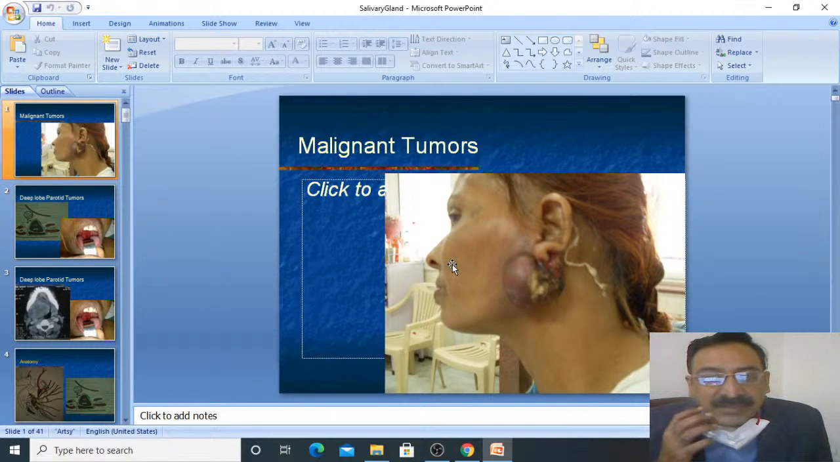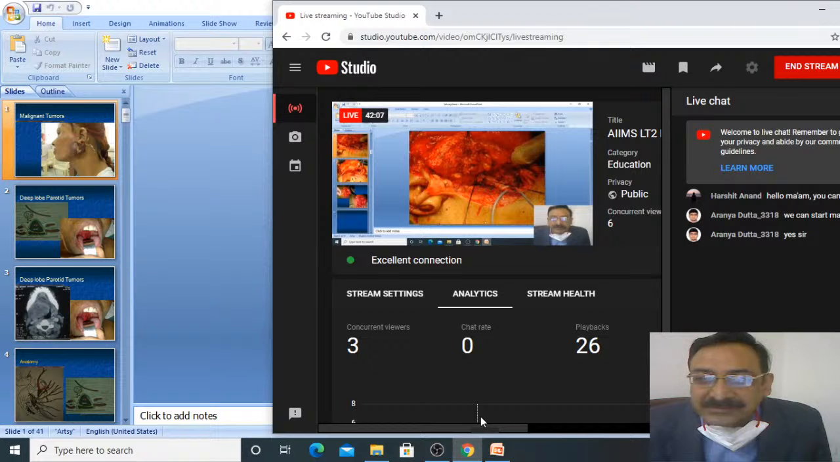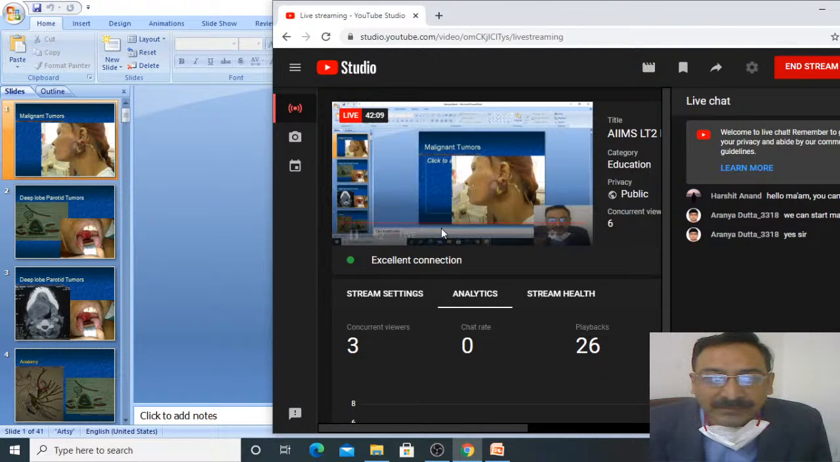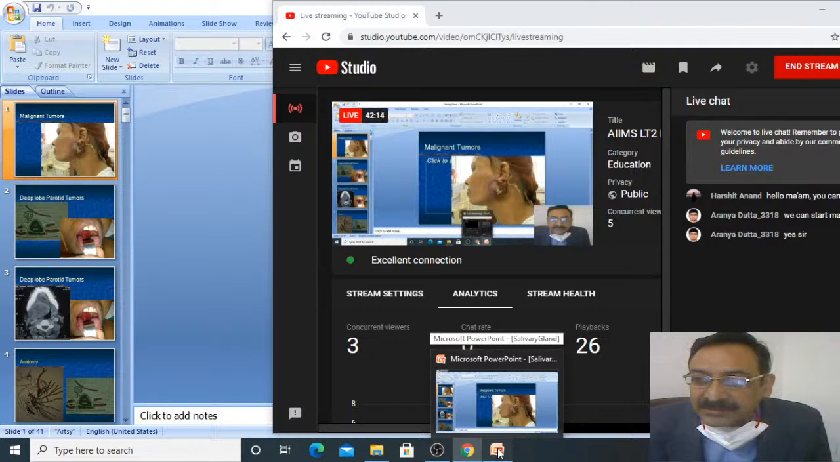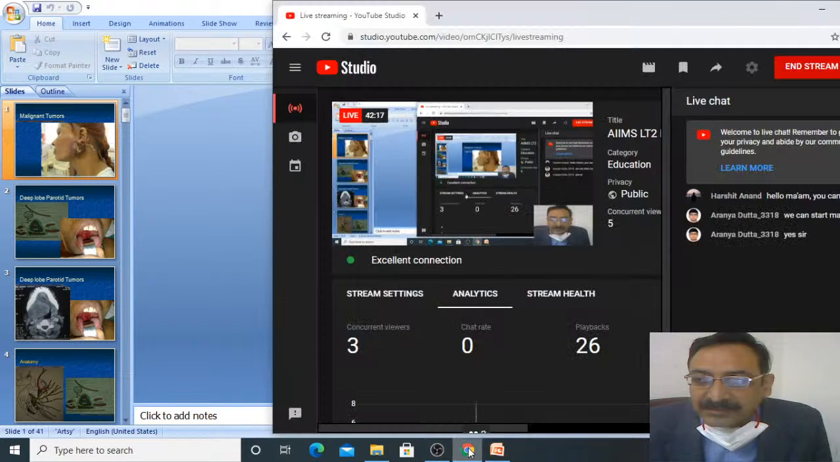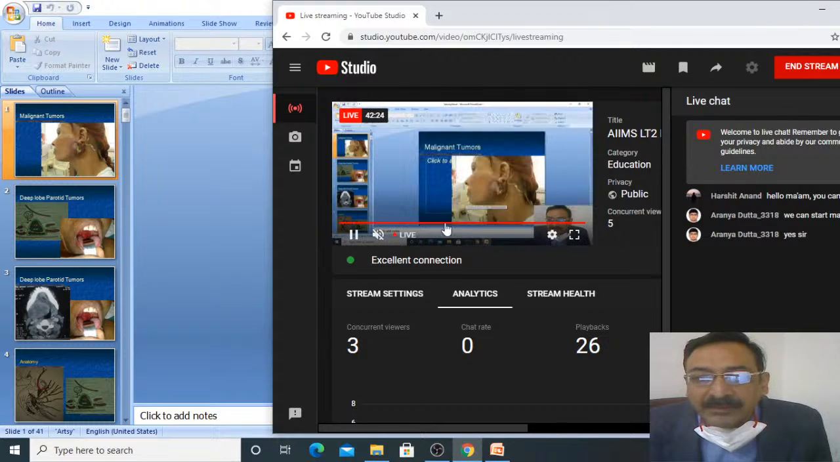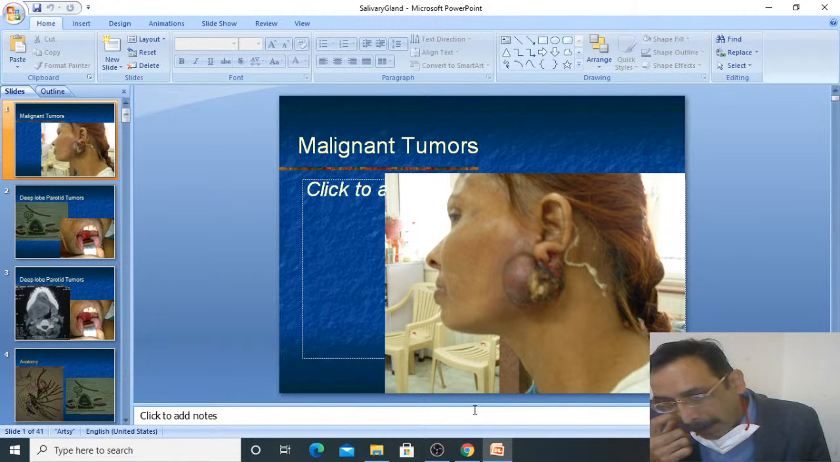So tell me, is this a malignant tumor or a benign tumor? So was that malignant or benign? So obviously it's difficult to communicate. Anyway, this is obviously a malignant tumor, but the point I wish to make was that there are clinical